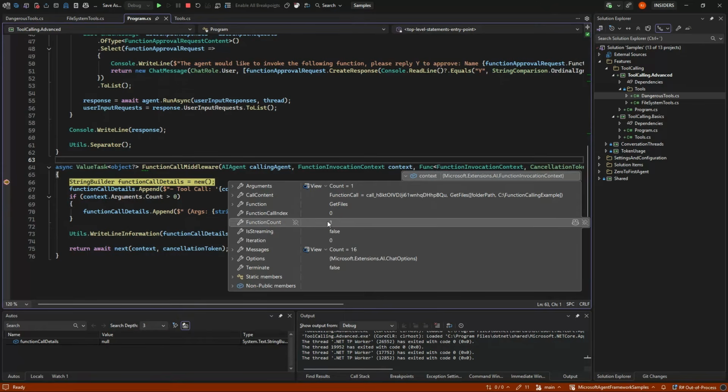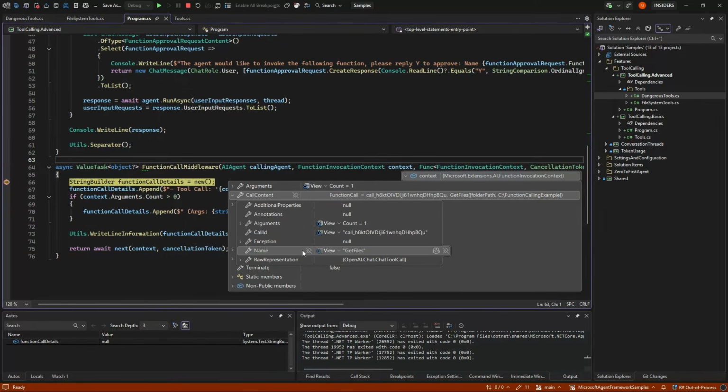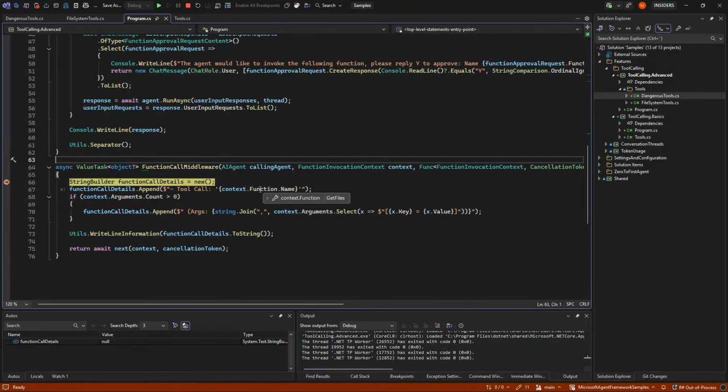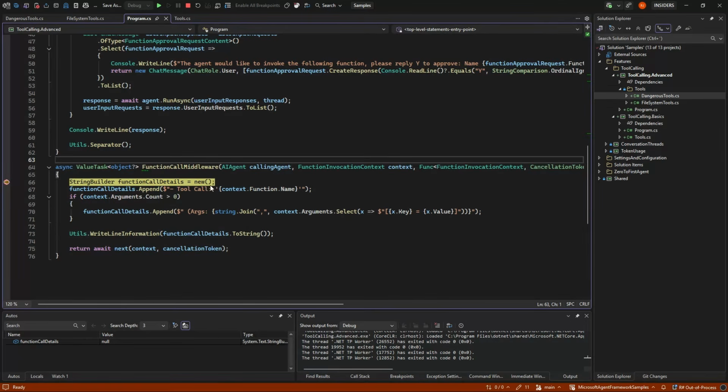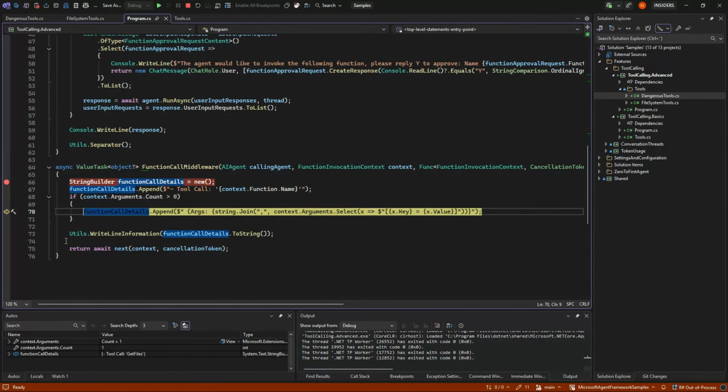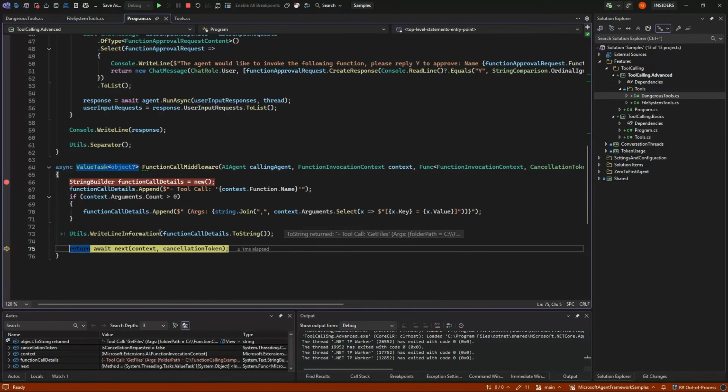In this case, we are about to call the get files, and the arguments to that was it wanted to get the files from this folder path with this value in this case. So we're just building up a little extra text and using my utilities here to write that out. And then we can call next. So this is the normal middleware thing. And if we stopped calling next, it would actually not do the function call.